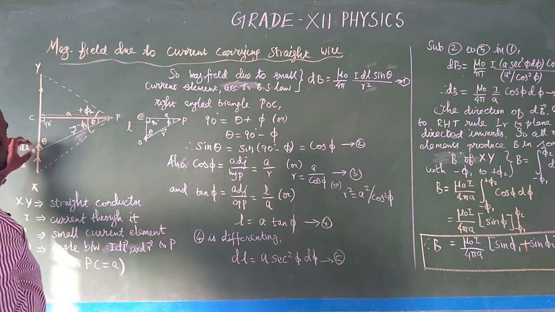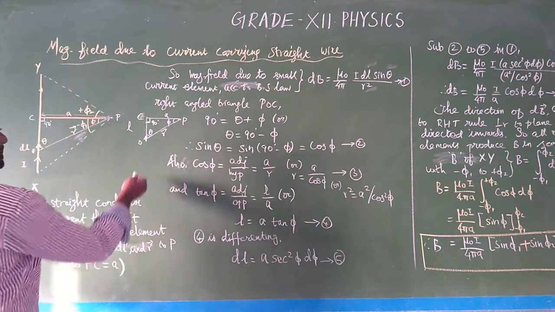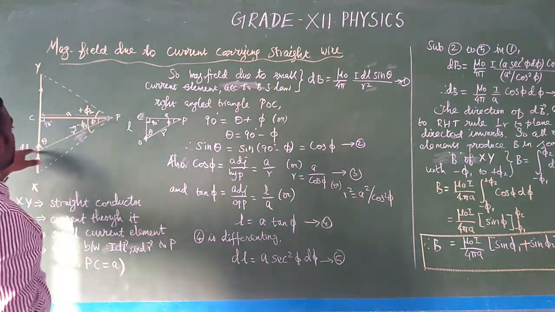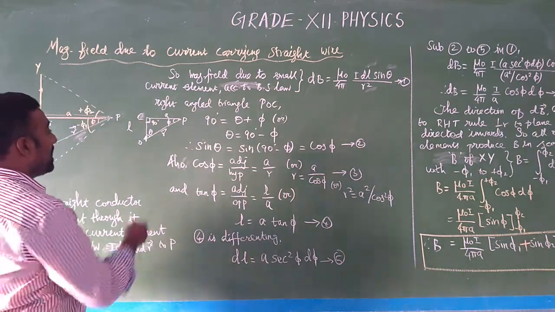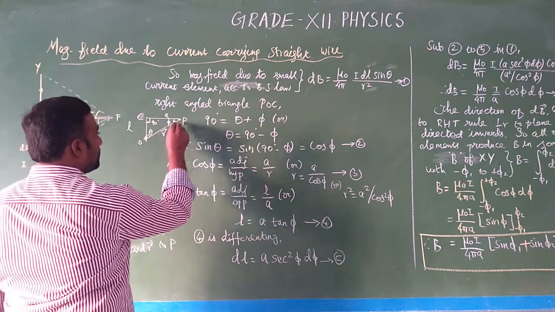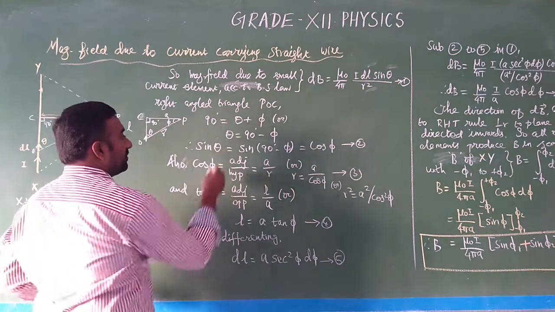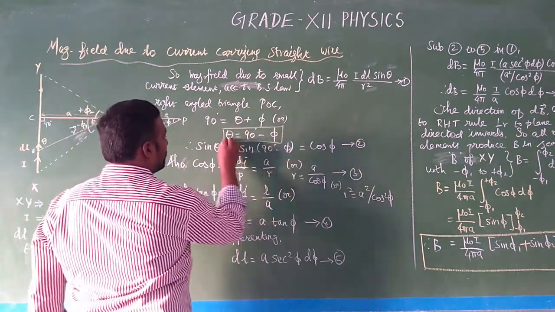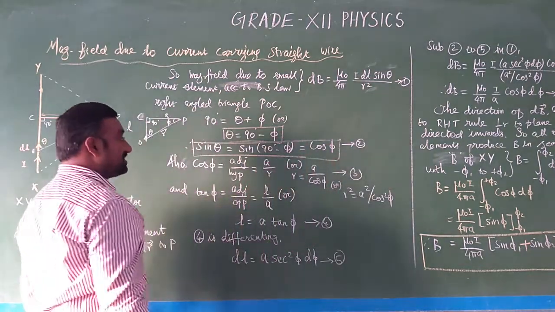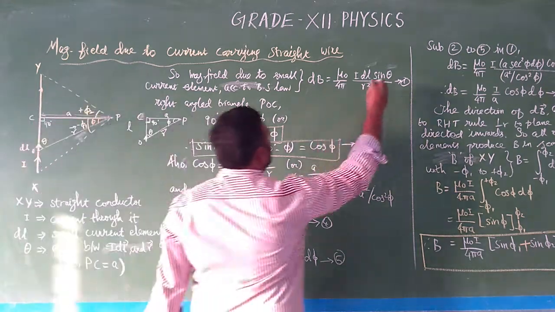First we'll see how to determine the magnetic field by the small element. So அதுல நம்ம first எடுத்துக்கிட்டது right angle. இந்த right angle POC. இந்த right angle POC is the right angle. 90 degree is the sum of the angle between the element and the position vector to the phi. So theta is equal to 90 minus phi. So from this we found the sin theta value. Sin 90 minus phi is equal to cos phi. Okay, so sin theta value நமக்கு கெடச்சுது.